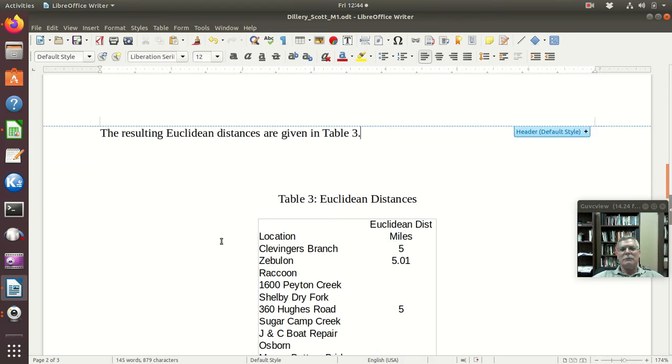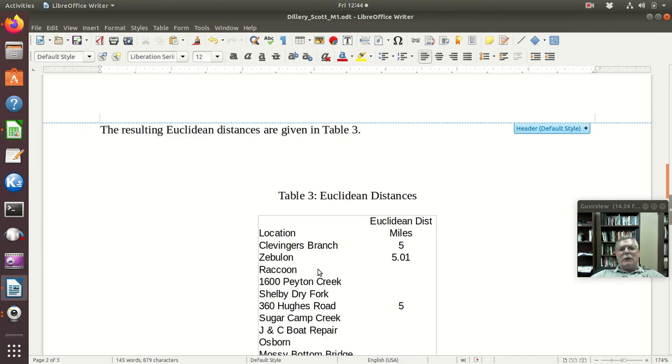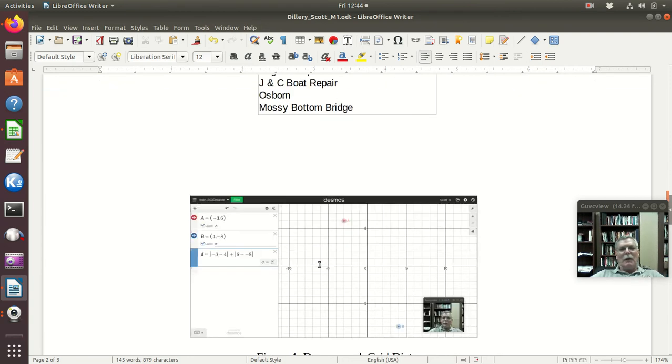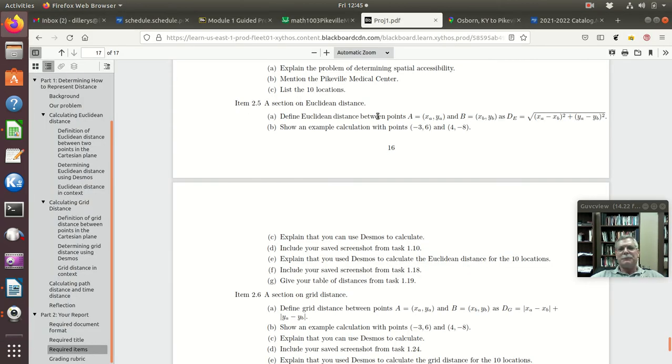Well, there you go. Okay. Now, at this point, you could mention that they're all about the same, but you don't have to. You can just say, hey, here are the distances. And then it continues.